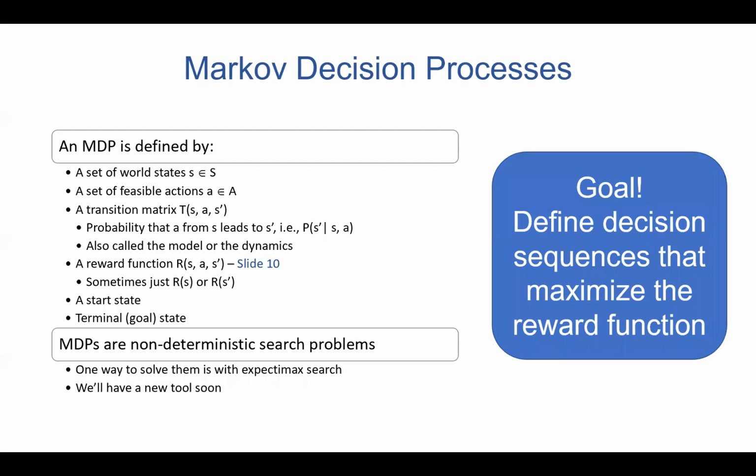Before I go into the details, we're going to talk about what describes the MDP. We're going to have the set of world states, exactly the same as the search problems that we had. In the maze world, the state is basically our current XY position. We're going to have the set of feasible actions, exactly the same as how we covered in the search problems: go north, south, east, west. Perfectly fine.